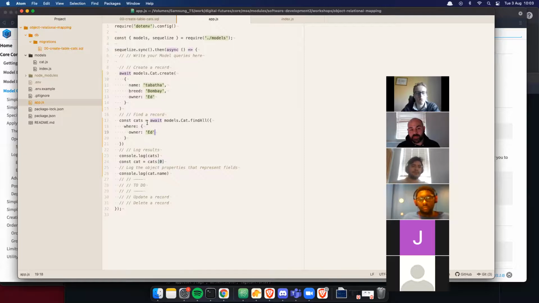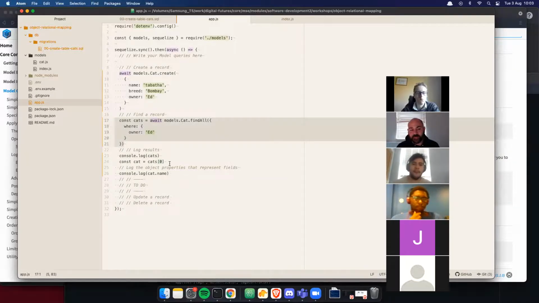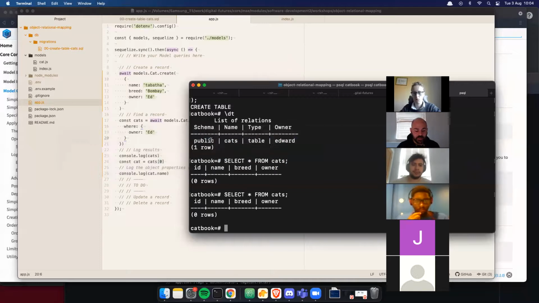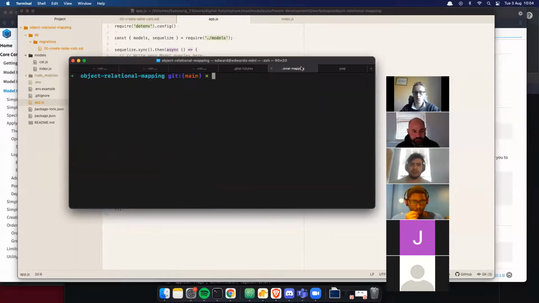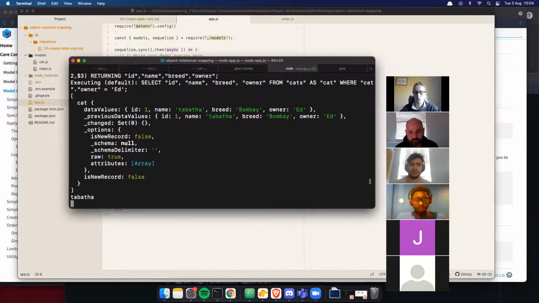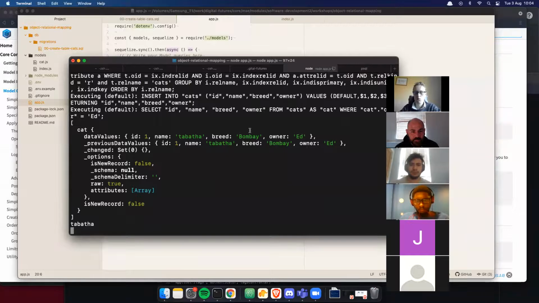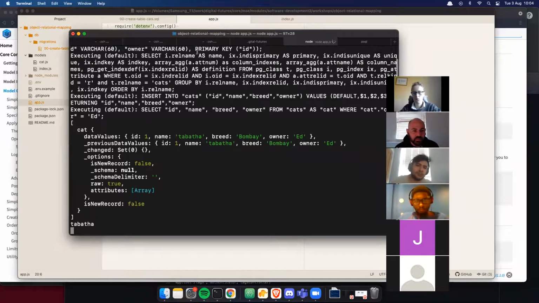And then because I want to log them to my console so I can actually visually see them, I'm going to have a look at what the select query looks like, and then take that first item from it and then log the cat name. So let's actually have a look at this now. If I run this, you'll see here